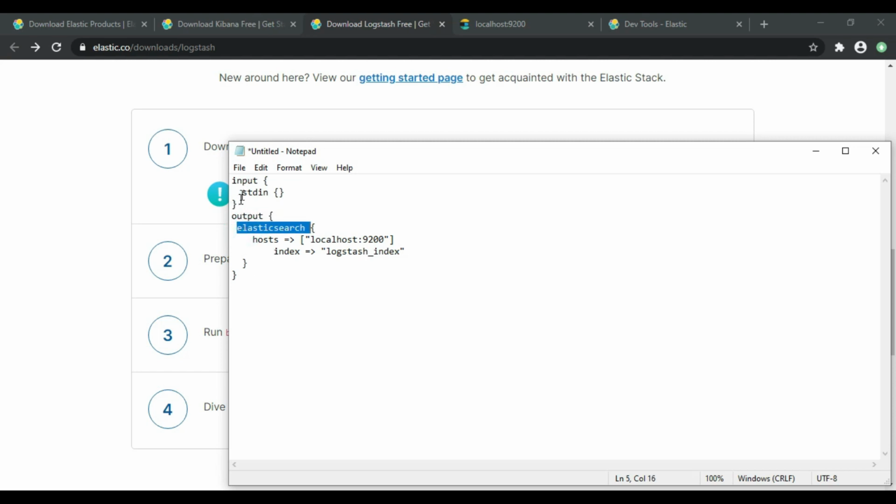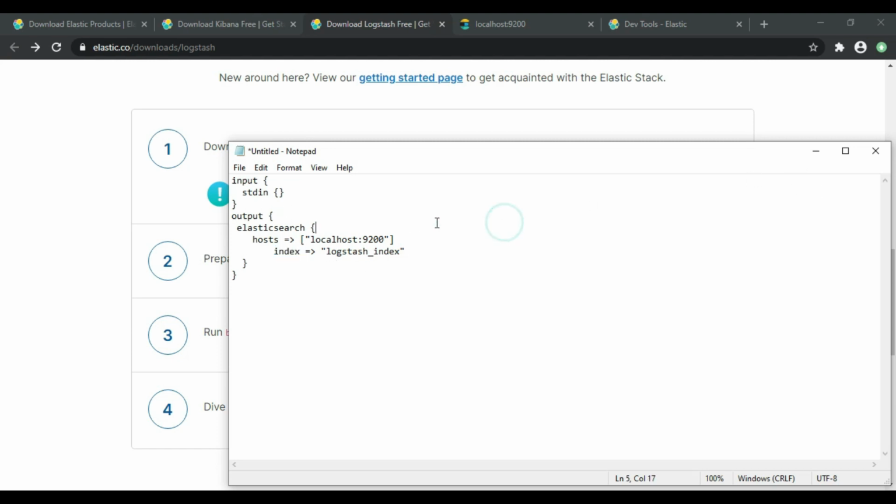So I want to store whatever we enter into the command line into the Elasticsearch index, you can say. This is a sample JSON for the output, where I am mentioning Elasticsearch. I am providing my host as localhost 9200, where my Elasticsearch is running, and where that input should be saved. That is nothing but the index. So I am mentioning index here. Index is nothing but like a table in Oracle. So inside this logstash_index, whatever I enter should be saved here.